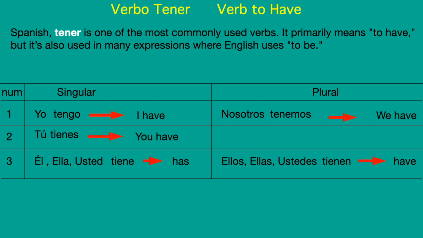So again, that would be the conjugation. You have to memorize that, because that is how we are going to conjugate the verb. Again, yo tengo, tú tienes, él, ella, usted tiene, nosotros tenemos, we have, and ellos, ellas, ustedes tienen. All right, so now that we have an understanding of how to conjugate the verb,